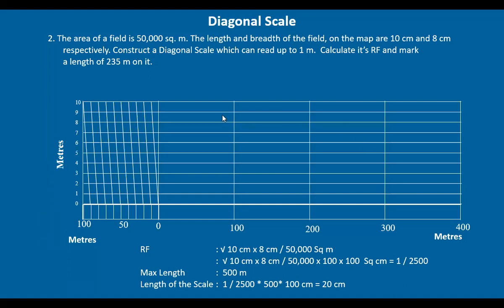Now, let us show 235 meters on this: 200, and 30, and 35. So here draw a line, and this shows a length of 235 meters. This scale can be used up to 500 meters. Okay, like this. Next,